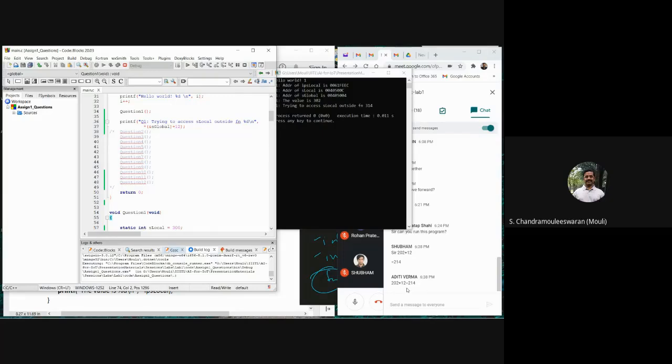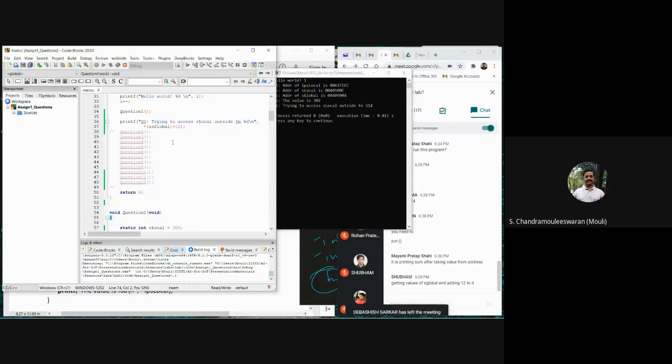Plus 12. I didn't get you. Printing sum after taking value from address, getting values of S global and adding 12 to it. Oh, yeah, it is. We are adding the address, is it?